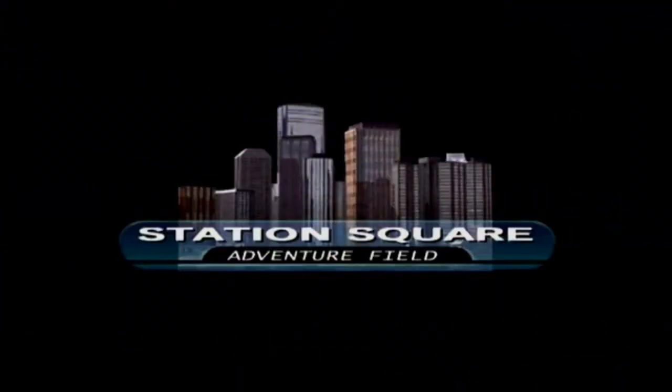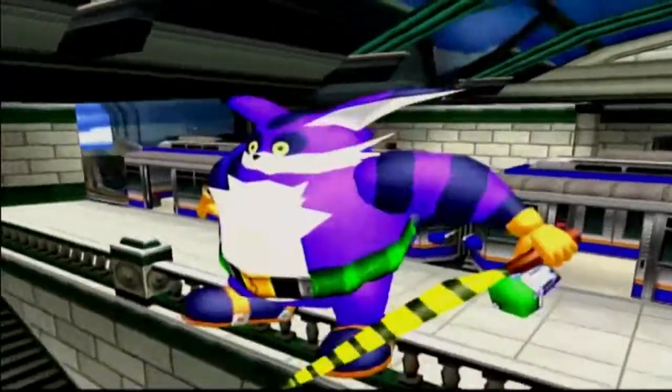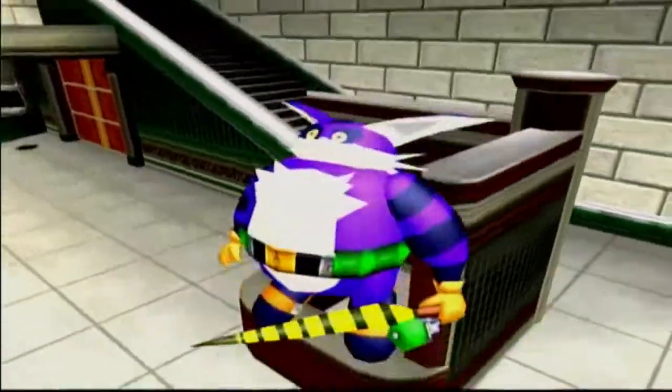Anyways, let's go to Station Square. And when we go to Station Square, we actually meet a blue hedgehog who just spotted a robot grabbing